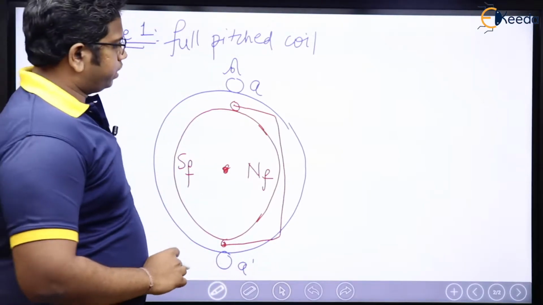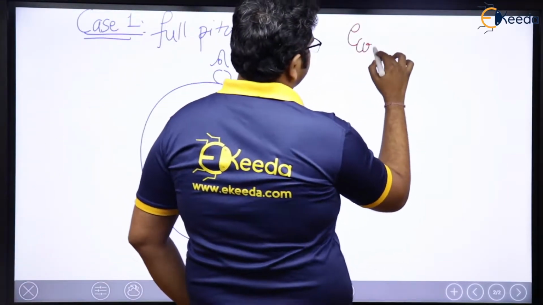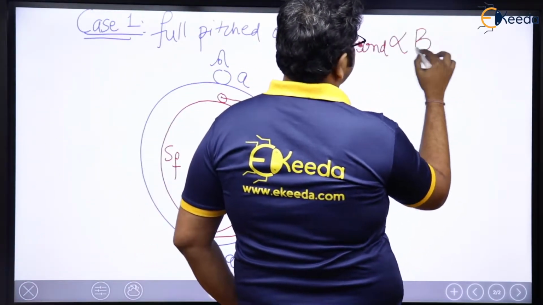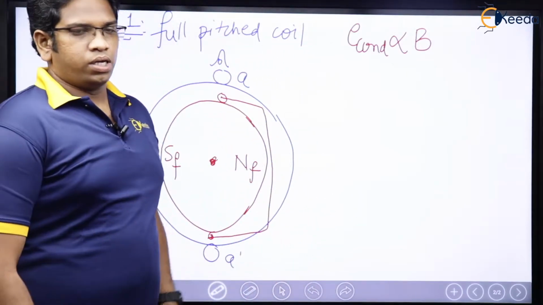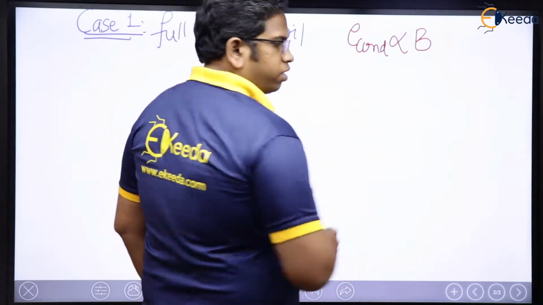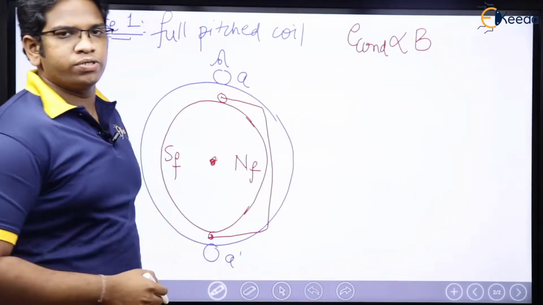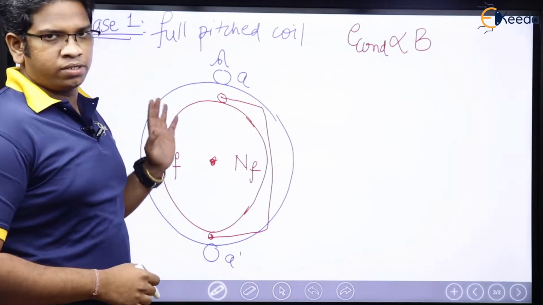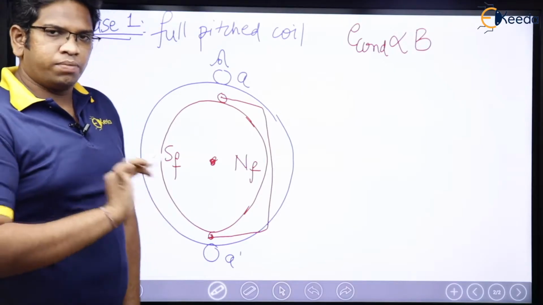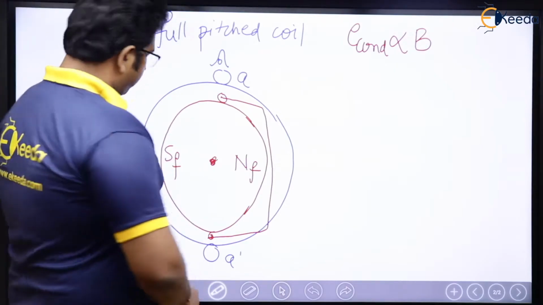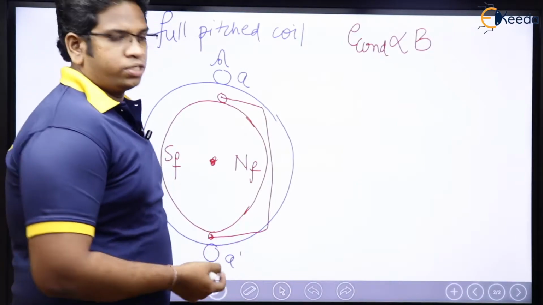Now see here. Since we know that E conductor is proportional to B, which means what is going to happen here? Because E conductor is proportional to B, if my B is single step, then E conductor also has to be single step. We have talked about it a lot, so let me just start directly. How will the induced EMF be for this?